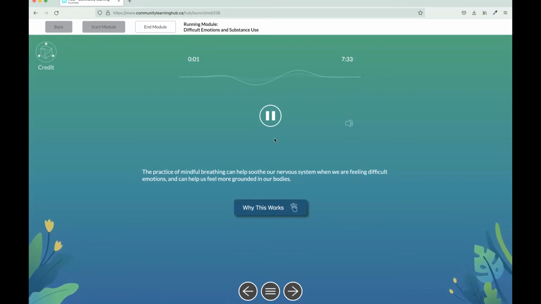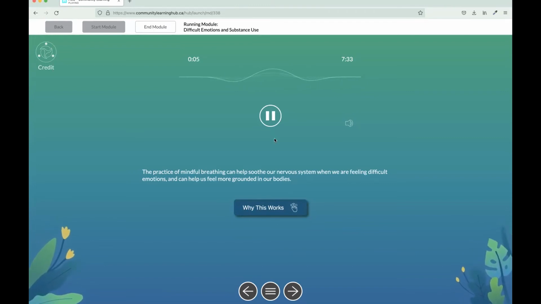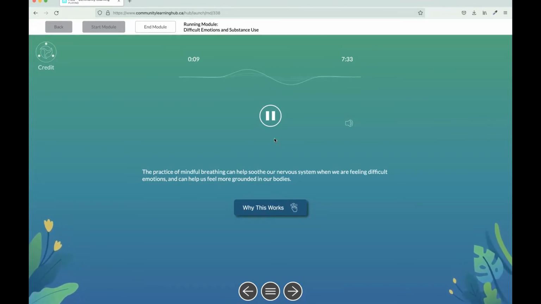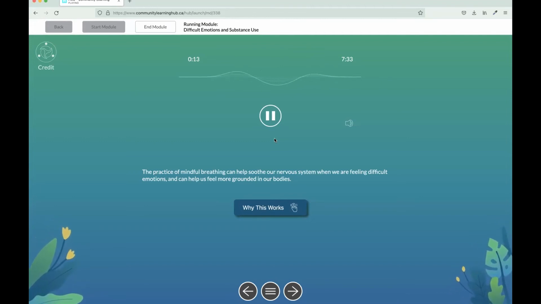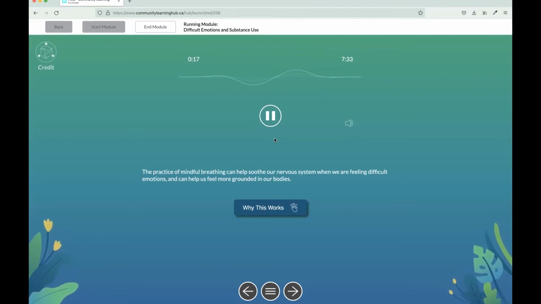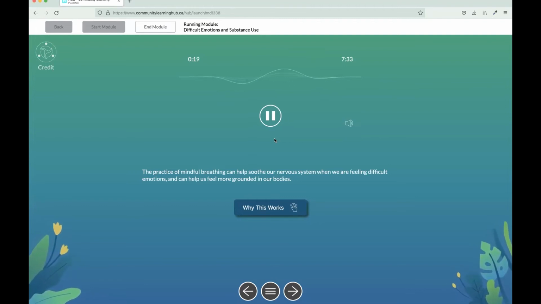This practice is the 3-minute breathing space. The 3-minute breathing space is a brief practice that can be used when you find your thoughts or moods spiraling in a negative direction. The first thing we do with this practice, because we want to come into the present moment